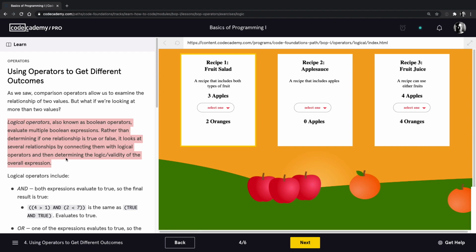Logical operators, also known as Boolean operators, evaluate multiple Boolean expressions. Rather than determining if one relationship is true or false, it looks at several relationships by connecting them with logical operators and then determining the logic validity of the overall expression. Logical operators include